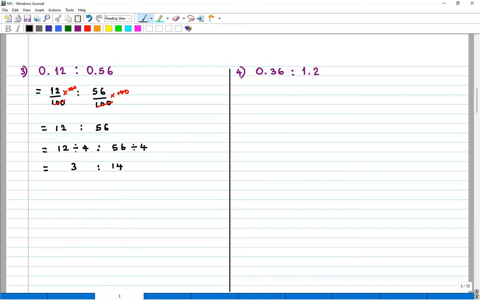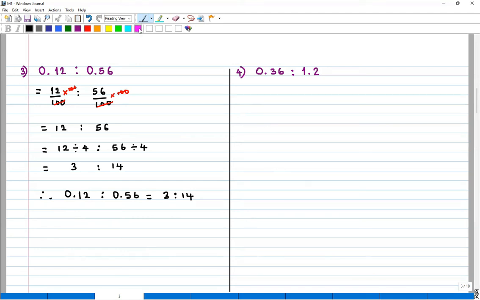0.12 to 0.56. Now, we can say that the ratio 0.12 to 0.56 is equal to the ratio 3 to 14. Okay? Now,